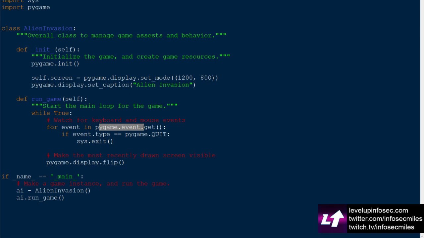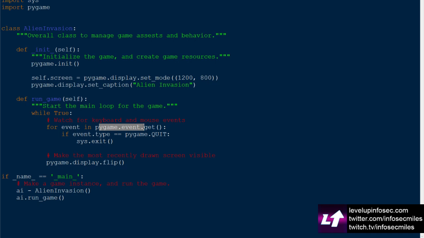Any keyboard or mouse event will cause this for loop to run. Inside the loop, we'll write a series of if statements to detect and respond to specific events. For example, when the player clicks the game's Windows close button, a pygame.QUIT event is detected, and we call sys.exit